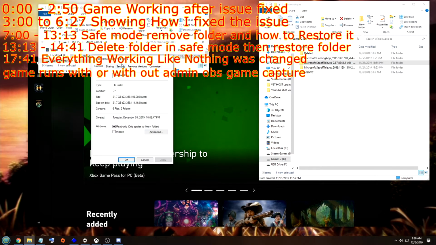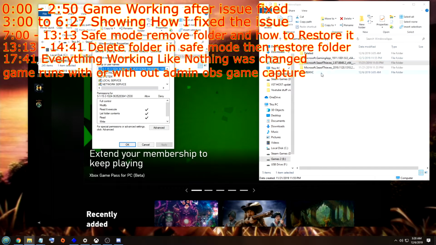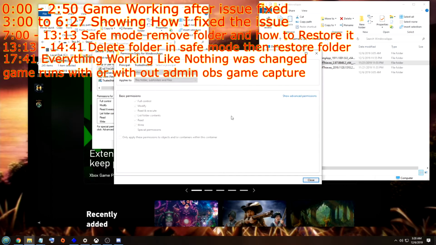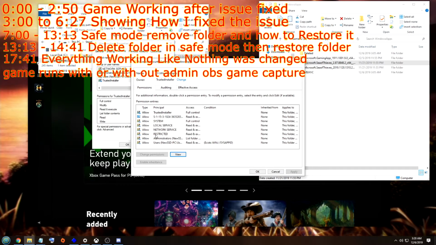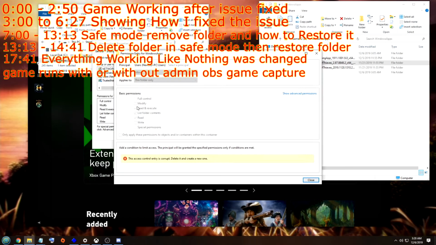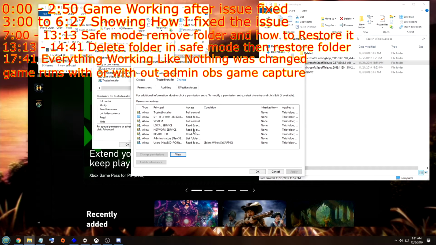If I hit properties on it, go into security, everything that I've done over here got put over here. But now I'm able to access. What I did was over here, I added trusted installer as full control. I added network administrator as also full control, but then I gave it only 3 points. I then gave this full control, but then I also only gave it 3 points as well. And for some reason, when I transferred the game from here to here, so from this folder to this folder,